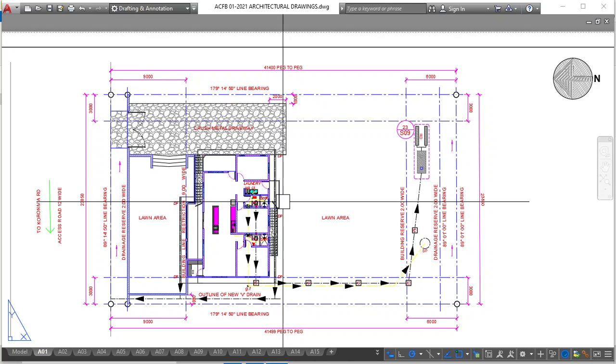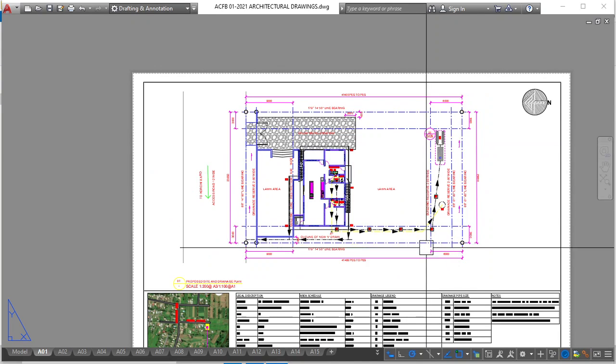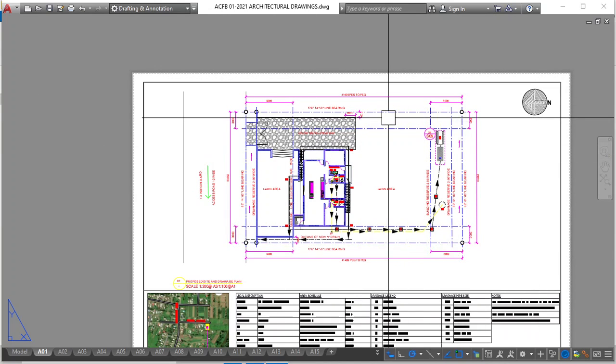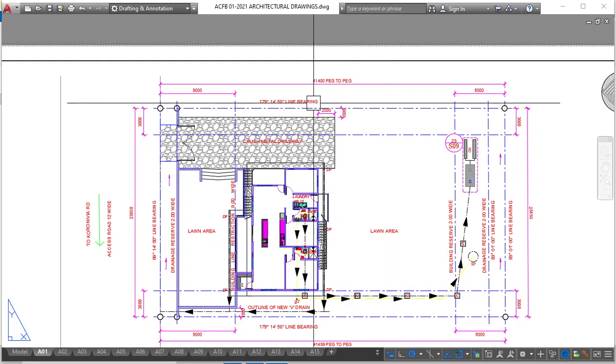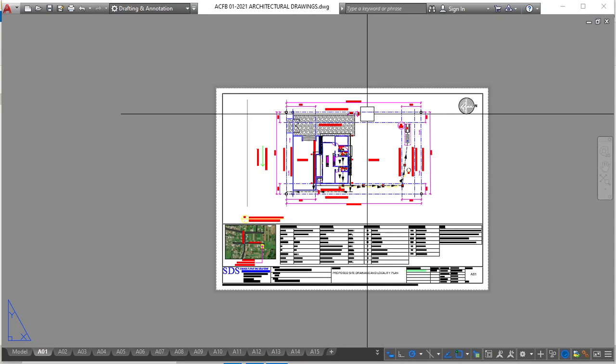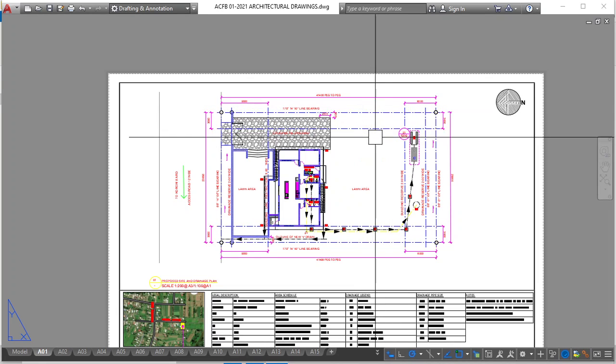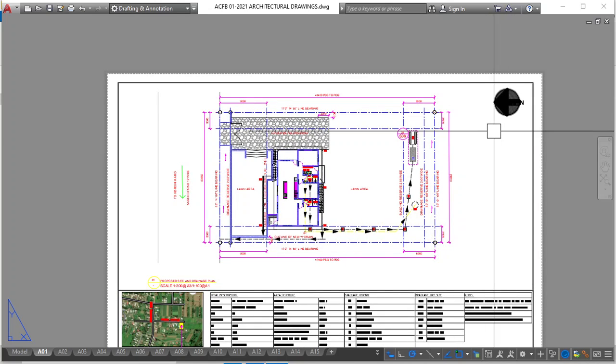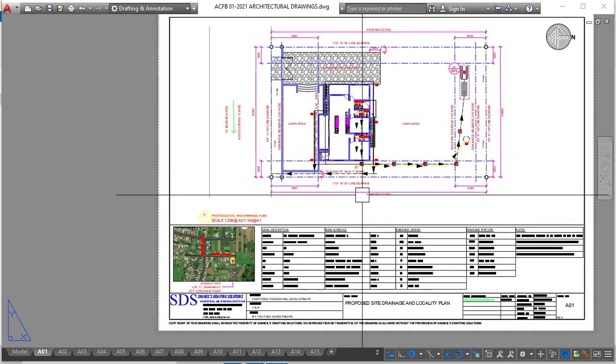Now I had used the surveyor's drawing that was given to me by the client, but in this video I will show you how we can actually create this drawing ourselves. It is very simple to do, it's nothing hard. Once you get the right shape, then you can start offsetting and creating all of your other aspects in the drawings. The north point was also given in the surveyor's drawing, so I just copied that into my drawing.